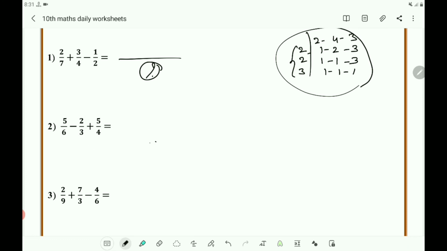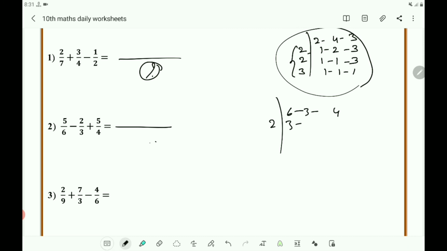So after getting all the 3 terms, the second is negative and these two are positive. You add them and subtract this. That is, here get the LCM of 6, 3, 4. You know that. How will you get it?